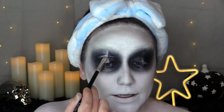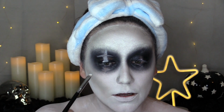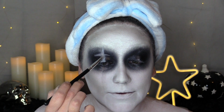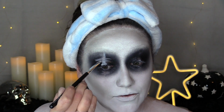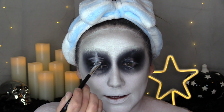I have no idea what I'm doing. In my head, this was going to be really cool. I'm sure it'll look good at the end. Just have faith. Just have a little faith. We're going to take these zigzaggy type shapes, I guess. This is what we're doing. This is turning into a mess. I feel like this is 90% of my makeup looks. Me just winging it and hoping and praying to God that by the end it looks cool,